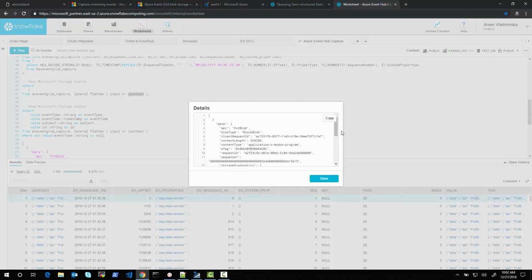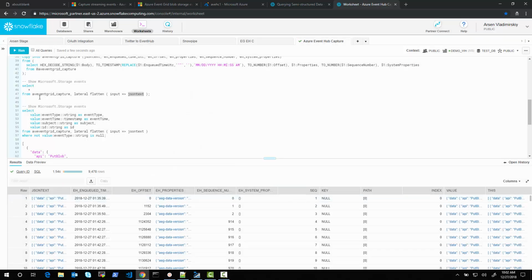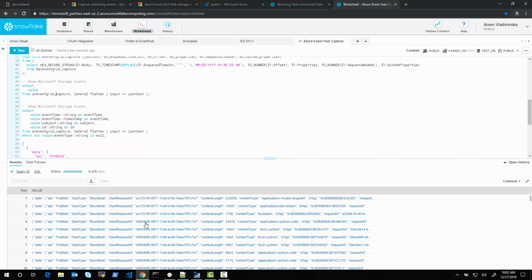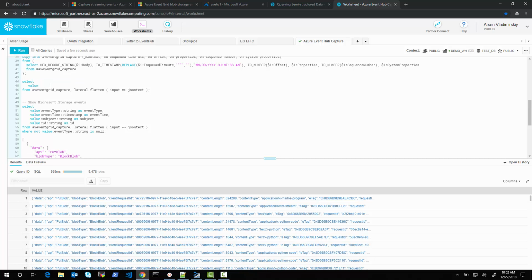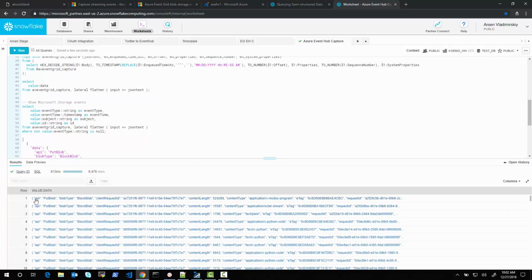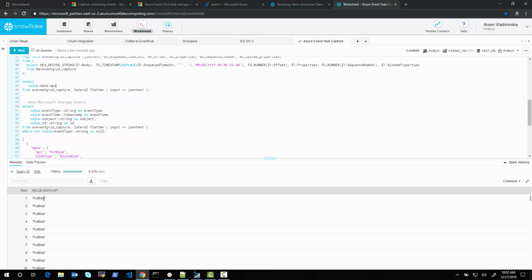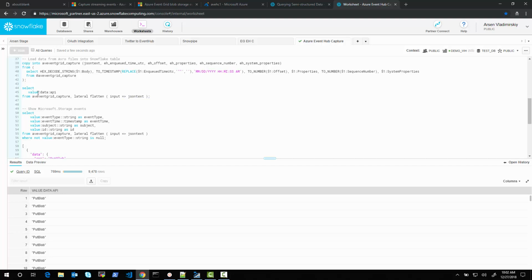And then the original entry is referred to as this, right? So if I only select the value, which we care about, you will see now we have the non-array based events. Now, using Snowflake's JSON parsing syntax, I can just point to properties here. If I say value colon data, you can see it will pick the data array, colon API, and you can see it will pick that part of it right there. So this is a simplistic query,